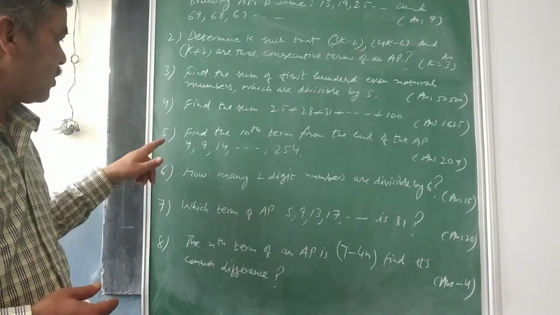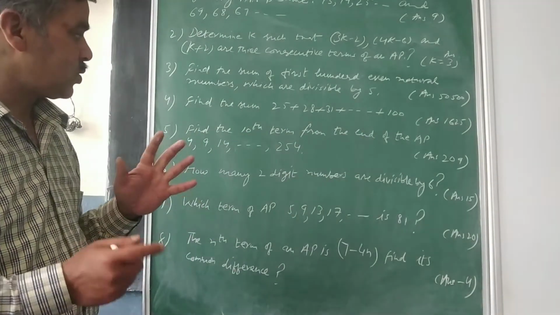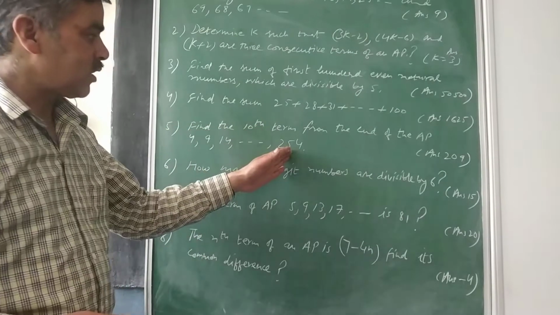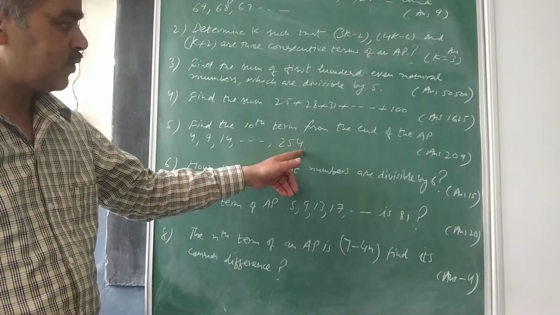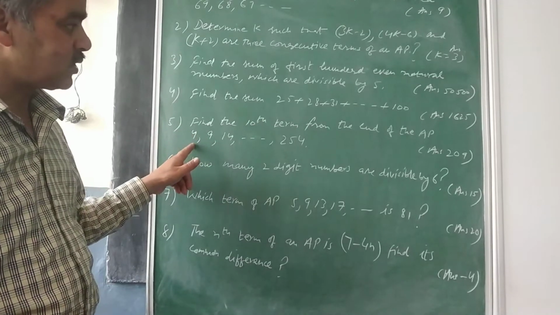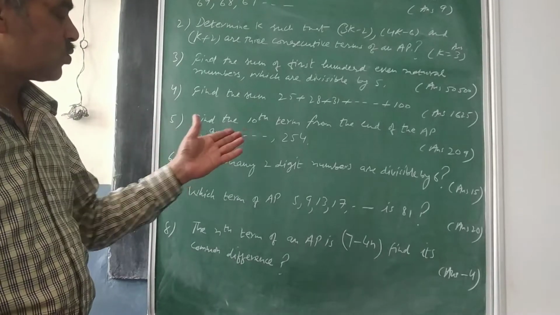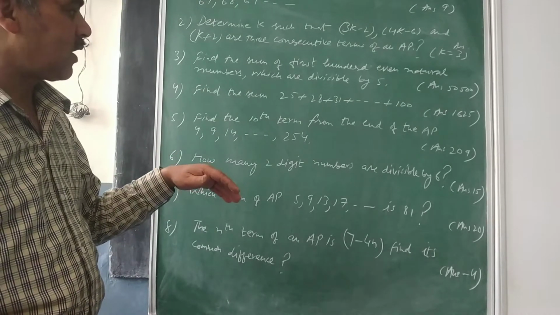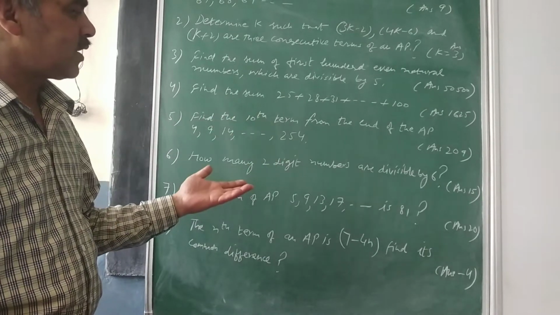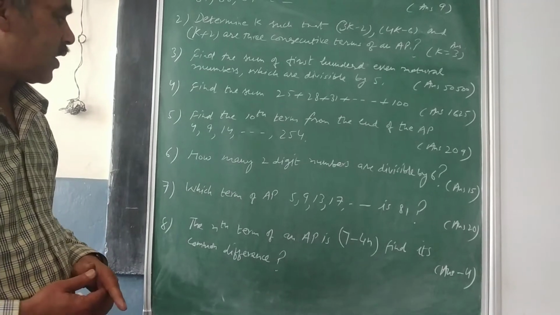1625. Then your next question is, find the 10th term from the end of the AP. I told you the difference here is 5. When you start from the end, your a will be 254 and d will be minus 5. If this side it is positive, so this side's common difference will be negative. So a is 254, d is minus 5, and then you calculate the nth term and then the 10th term, and check whether that is coming to 209.